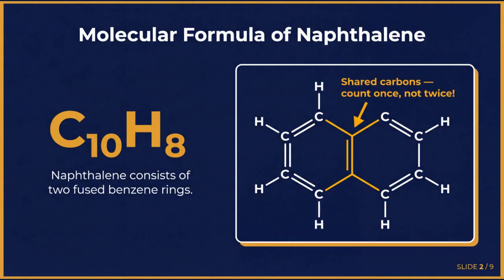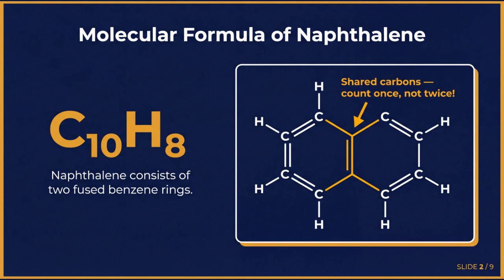Now, naphthalene is made of two benzene rings fused together. You know a single benzene ring has the molecular formula C6H6, right? But here's the clever bit. When two benzene rings are fused, they share two carbon atoms. So instead of adding up to C12H12, we subtract those shared carbons. That gives us C10H8. The key method here: always count atoms directly from the structure and subtract any shared atoms